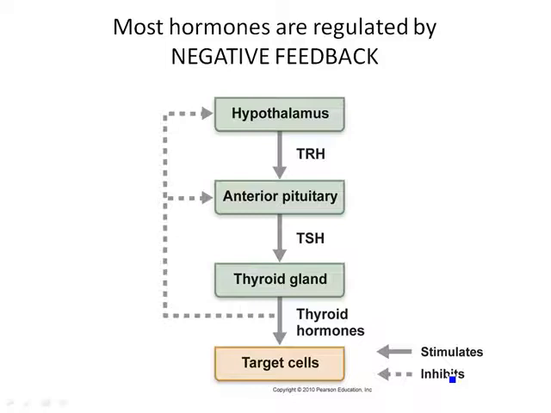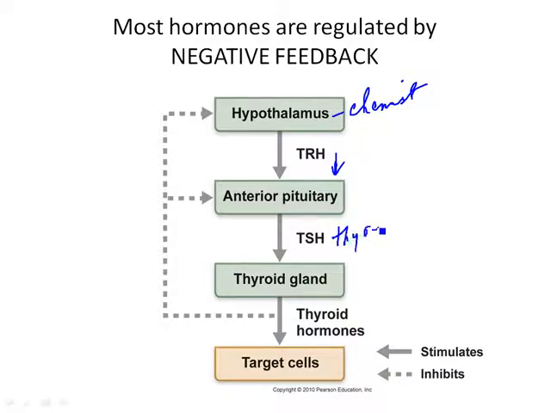So let's just look at this little hypothetical situation right here with the hypothalamus. So if your body, let's say, needs energy, okay, you're going to go to the hypothalamus, which is kind of the chemist of the body. So let's just write up here, that's our chemist. And it's going to say, man, we need more energy in the blood. So that's going to cause the hypothalamus to release a hormone called thyrotropin-releasing hormone, which is going to go to your anterior pituitary gland. So now it comes here, and it's going to stimulate the anterior pituitary gland to release